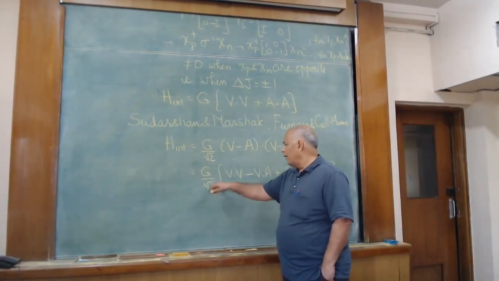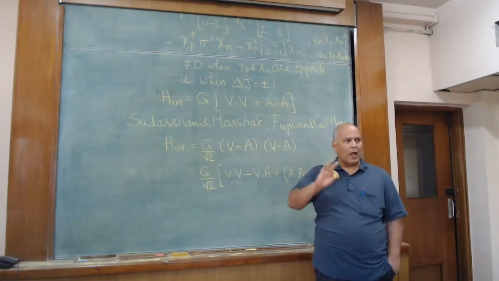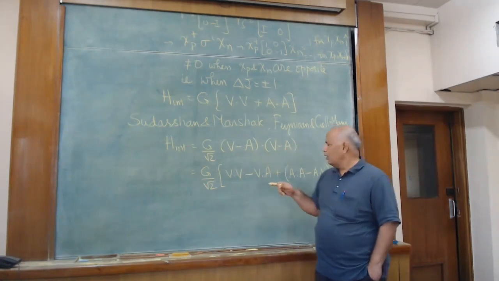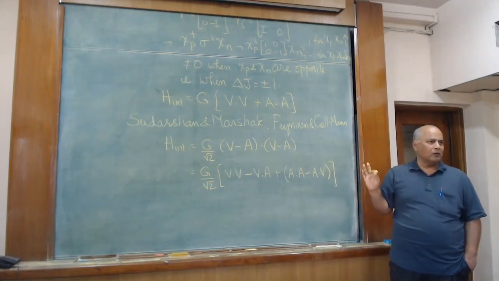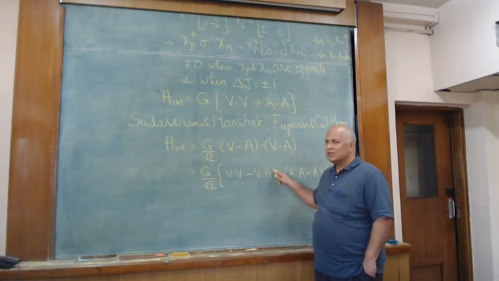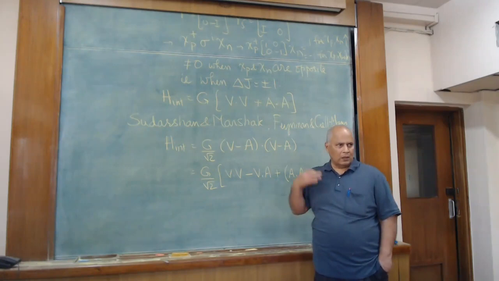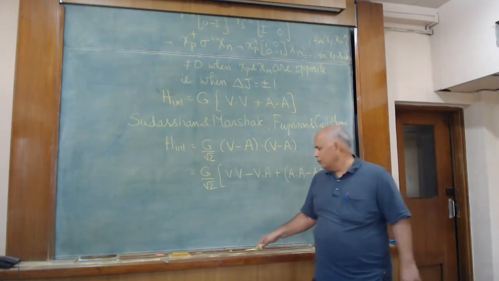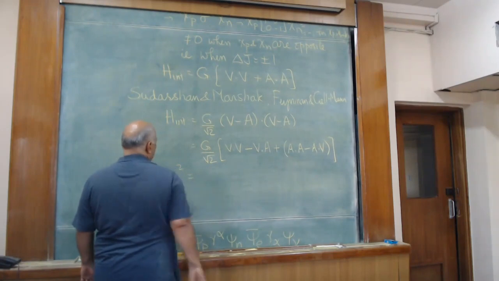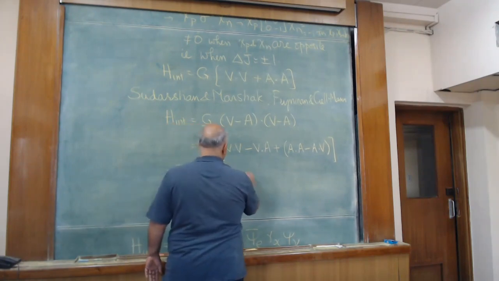Now the question is, this V dot A term. I know that the first thing has to be V for delta J equal to 0, and the first thing has to be A for delta J equal to plus minus 1. That is what I discussed so far. But is this term contributing to the delta J equal to 0 transitions? The answer is yes, and if you work it out, you will find that the matrix element squared is G squared by 2 times V dot V